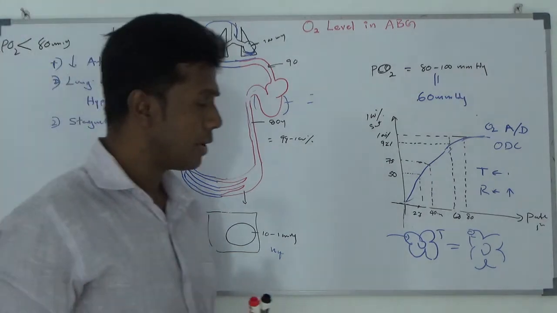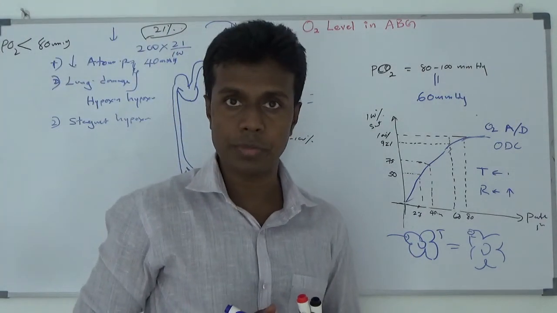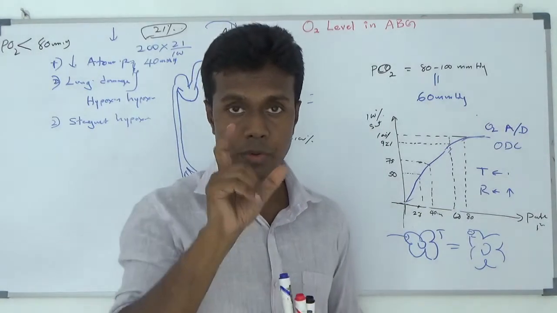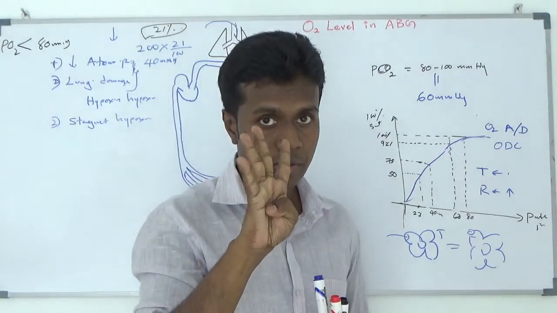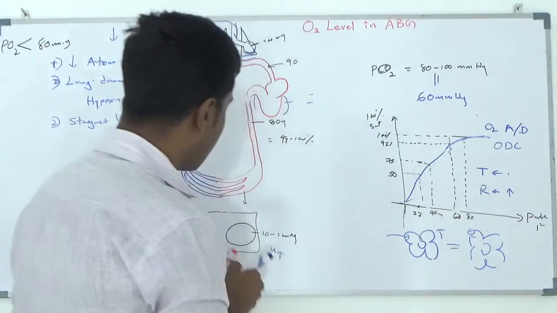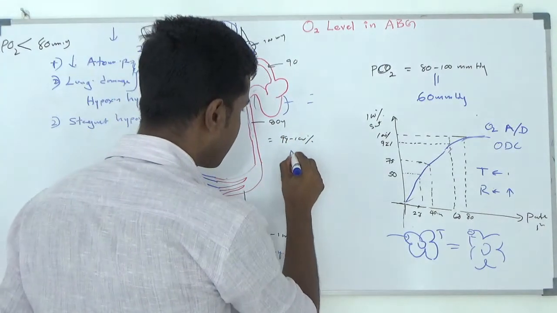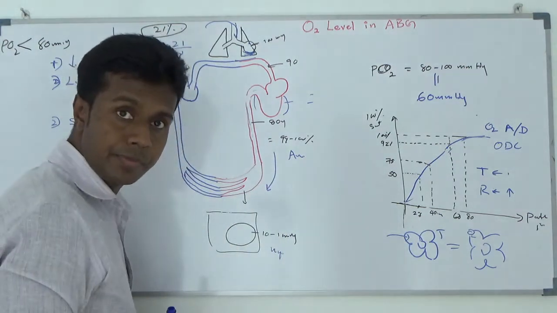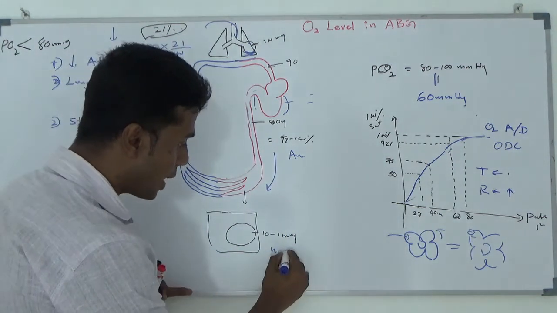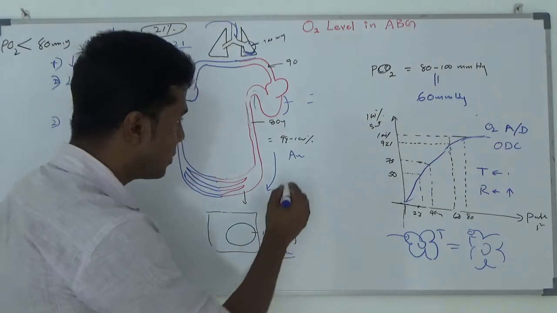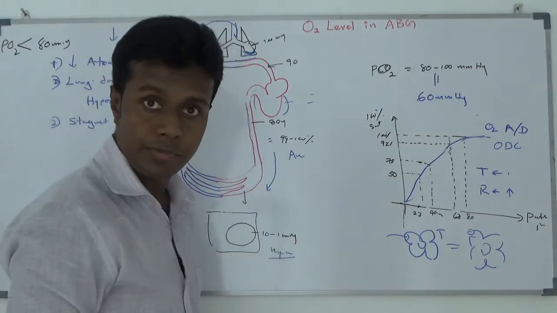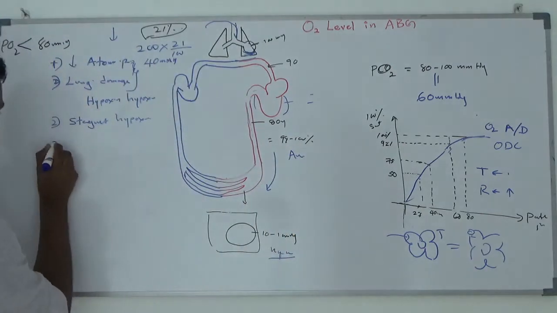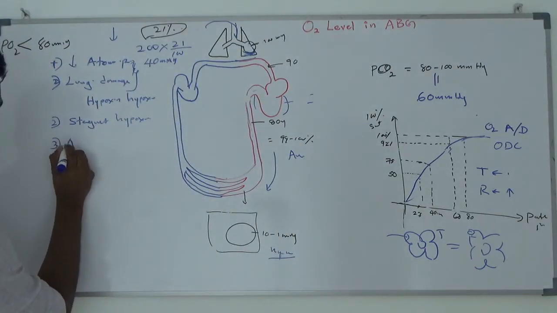If your patient has low hemoglobin, hemoglobin is the one which carries oxygen. One hemoglobin molecule can carry 4 oxygen molecules. If you have anemia, you deliver a lesser amount of oxygen to the tissue. Your tissue can become hypoxic, lacking oxygen, so your patient can develop tissue hypoxia. That hypoxia we are going to call number 3, anemic hypoxia.